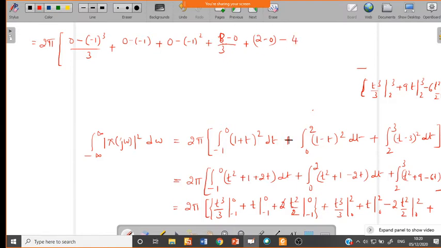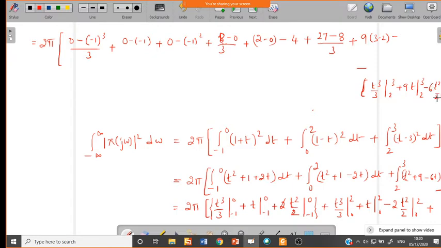So this is the second integral value. Similarly, you can evaluate the third integral, which is given by t cube by 3. If you substitute the value, t cube is 3 cube, which is 27, minus 2 cube, which is 8, divided by 3, plus 9 into (3 minus 2), minus